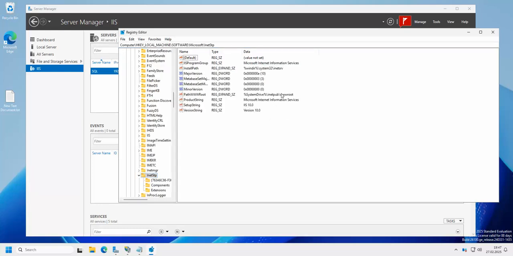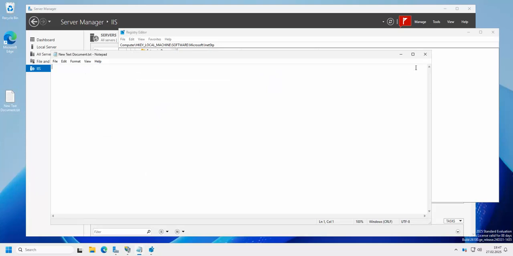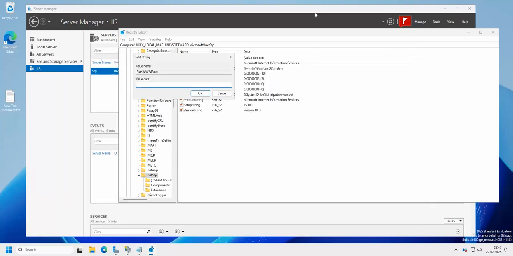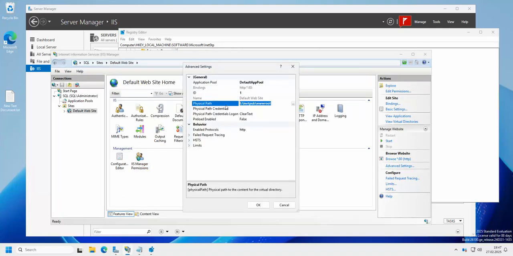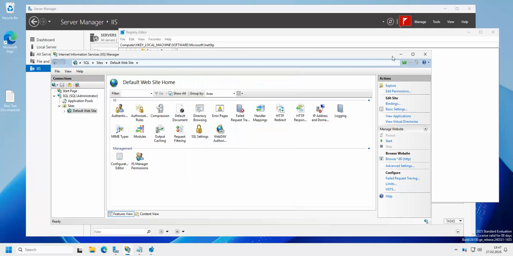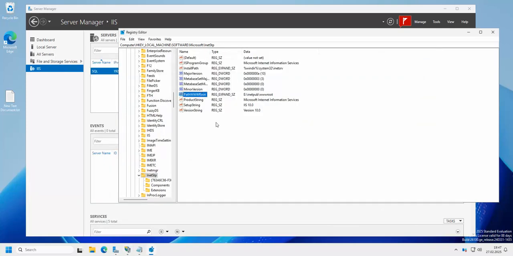And in this key we have the path key, which needs to be changed. So we're gonna change the volume here. And once this is done,